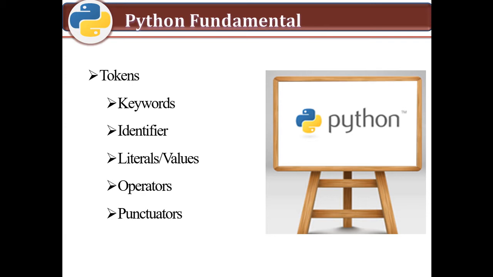Next we have operators. We use different types of operators. Operators are the tokens that trigger some computation when applied to a variable and other objects in an expression. The variable or object to which the computation is applied is called an operand. So the operator requires some operands to work. It may be one operand, two operands, or three or more. So depending upon the operands, we categorize operators under three categories: unary operators, binary operators, or ternary operators.